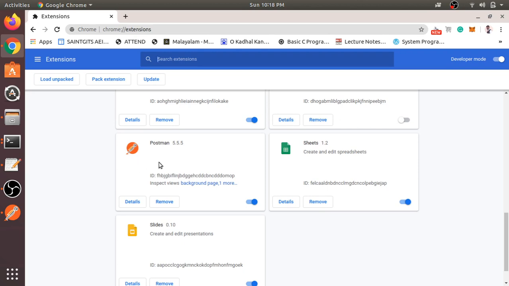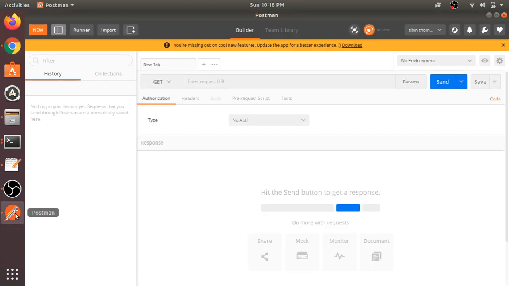So now you can see a particular app on your local machine. Just search for the app Postman on your machine and you will get an app like this. It may ask for a sign in, so you may use your Google account for that. Here you can see a browser-like environment, but you can provide your request method: get, post, put, patch, etc. So just try the get method.